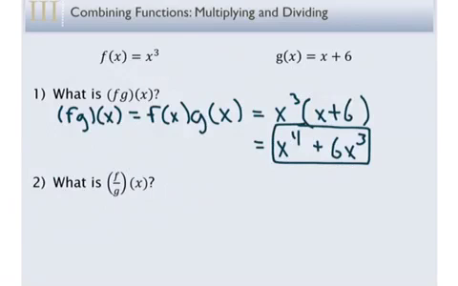Okay, so this function is telling you to divide f by g, so to evaluate the quotient of the functions f and g, as a function of x. So what this is telling you to do is f over g of x. So I just take my two functions and I divide them. So I get f of x over g